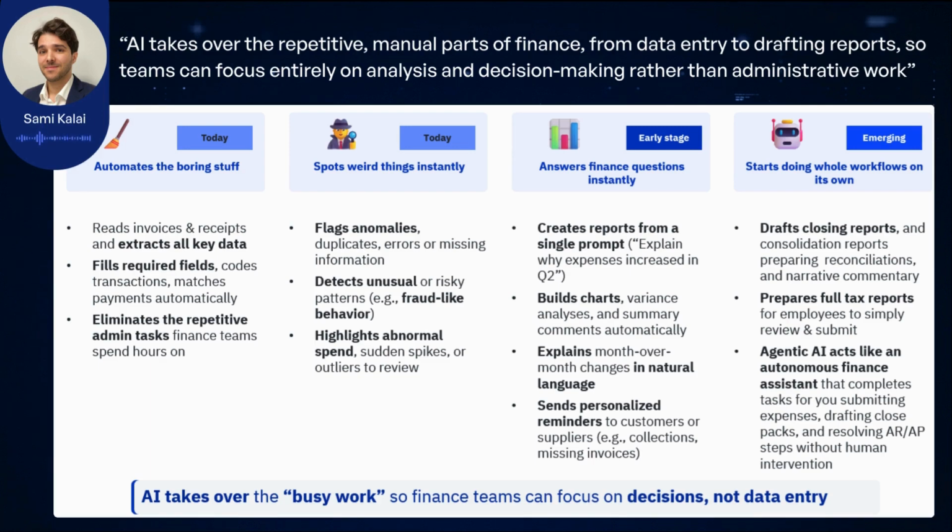And it can build charts also, do variance analyses, summarize comments automatically, explain month-over-month change in natural language, and also now we see another part that sends personalized reminders to customers or suppliers. So when, for instance, a customer didn't pay its bill yet, or a supplier sends an email asking for more information on a certain type of thing, it can automatically answer if it has the answers